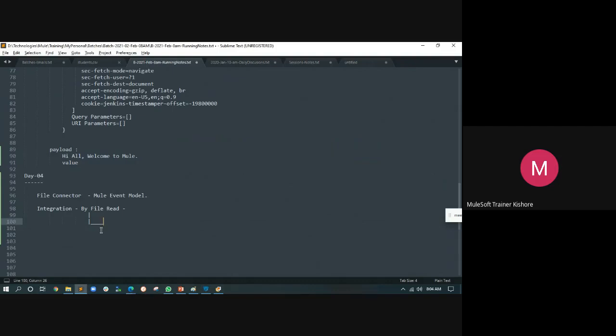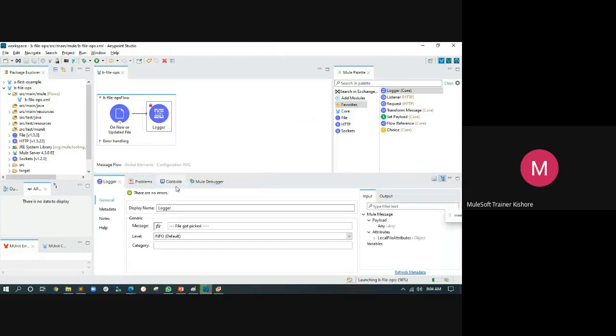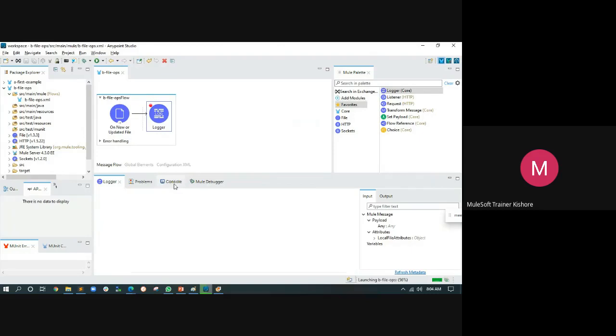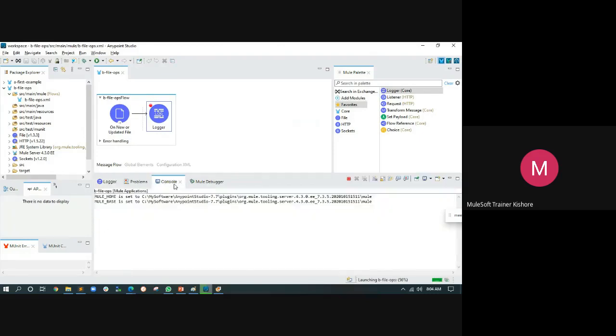So let's go and run this example. I'll run in debug mode. Everything will run in debug mode. I will add a logger at the break. I will add a breakpoint here. So what will happen? First of all, once my application is up and running,